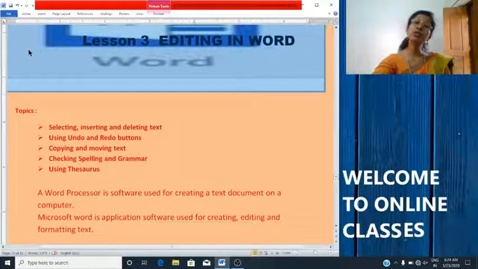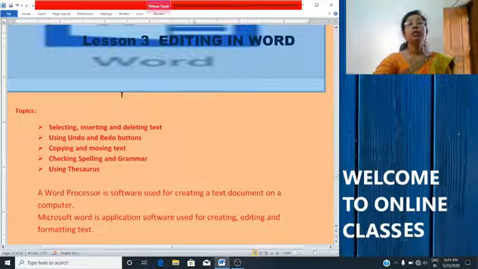It was introduced by Microsoft Corporation. Microsoft Word has the power and flexibility to produce letters, reports, notices, books, etc. quickly and in a presentable manner, beautifully.